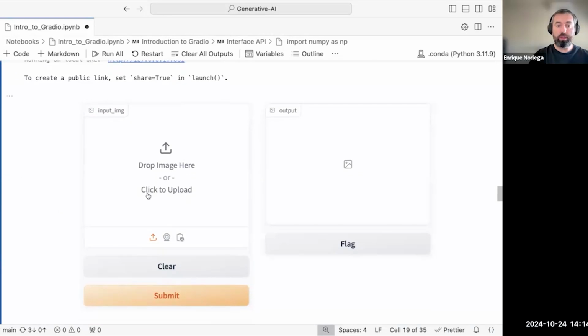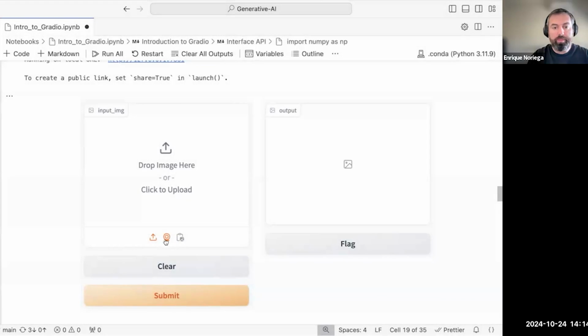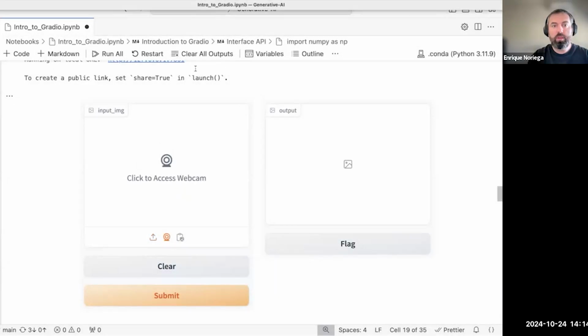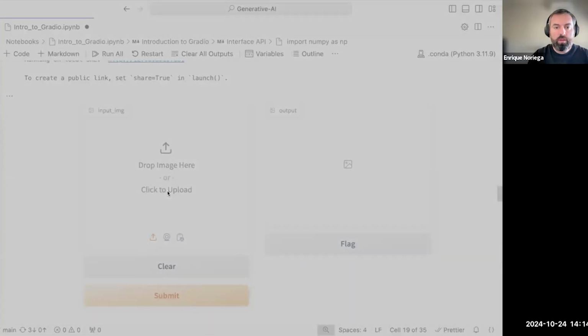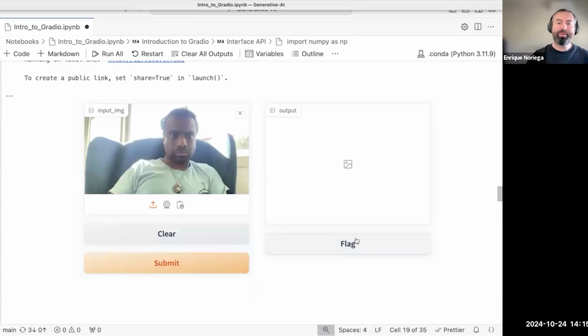Similarly, we get the control, but I want you to look at how we have this upload control. So let's use just a random image. Maybe I can use my webcam. Open this. So this is another instructor of Data Lab. So you need to see that this is full color. If we submit it,